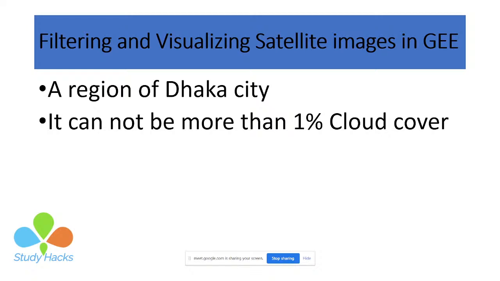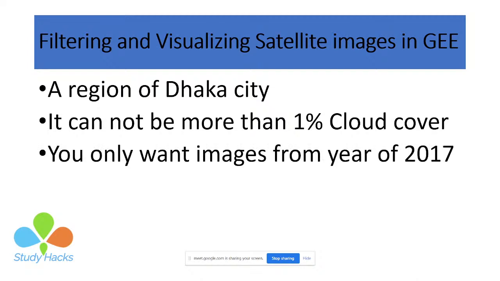So this is my one kind of factor. I want to filter the image metadata. Finally, suppose I need the satellite images for a specific time period. Suppose you want to calculate the NDVI for a specific time period, then you also need to filter the image according to the specific time period. Suppose you want to calculate the NDVI for the wet season or dry season, then you also need the satellite image for the specific time period in wet season and dry season.